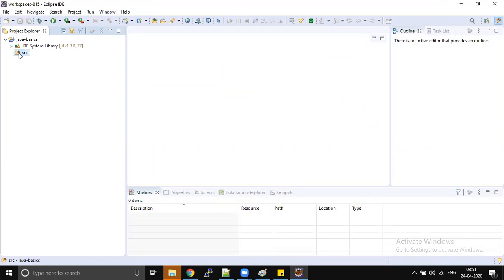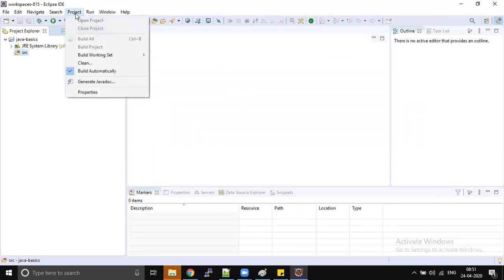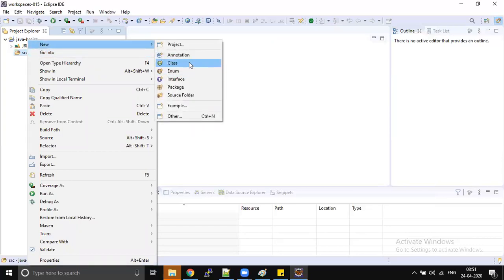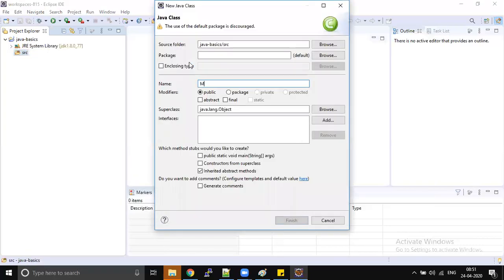If we don't use an IDE, you have to execute the javac command. I don't use that because we are using an IDE. I don't compile the Java files explicitly, but the only thing is I should check this option, build automatically. When you check this option, all your Java files will be compiled by the IDE automatically. So let me write one simple main method program and see what is going to happen.